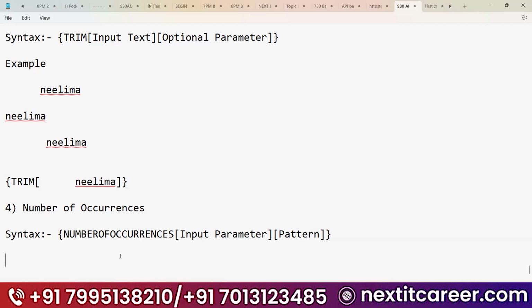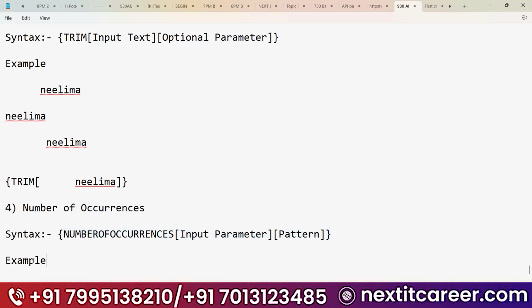Okay. For example, if you have a word called occurrences, you need to see the number of occurrences. For example, if you want to check how many times this word has occurred in the buffer or in the normal value. Okay. See, for example, you'll use curly bracket, the same syntax. Okay. So what is the example?